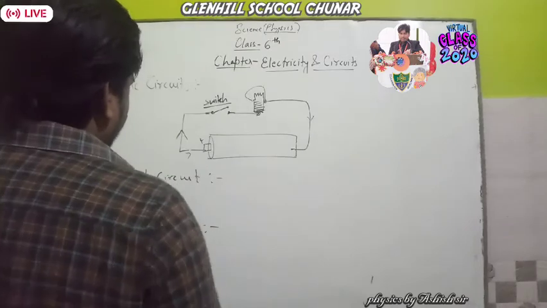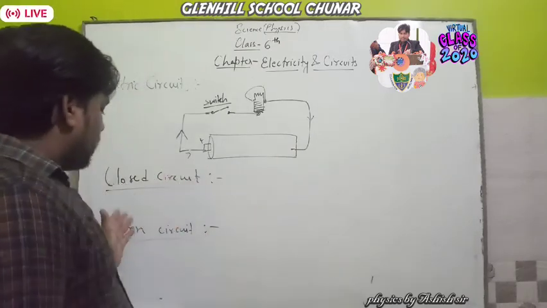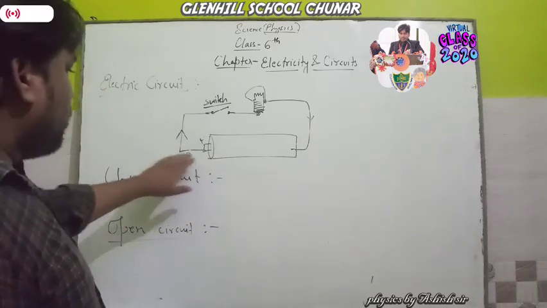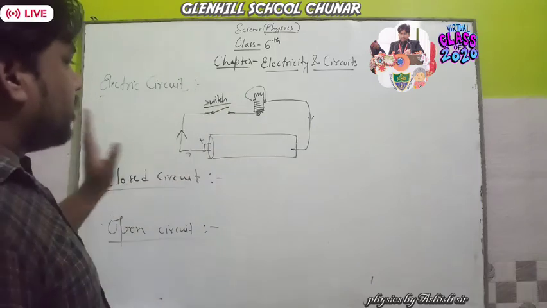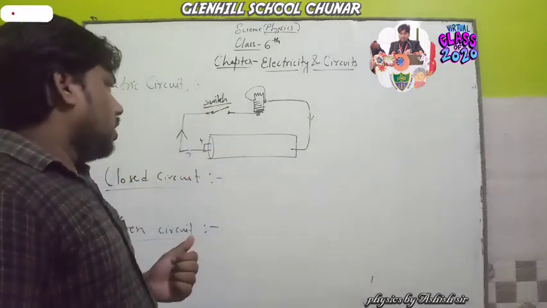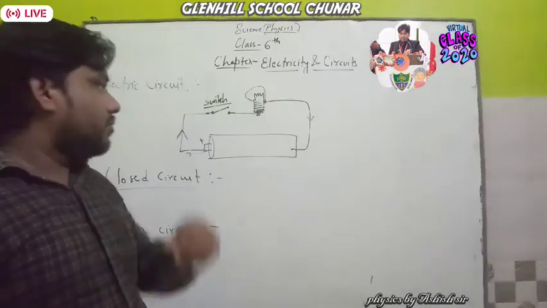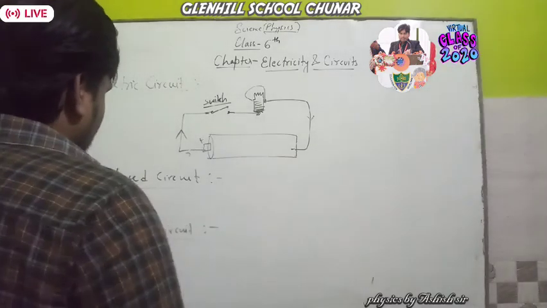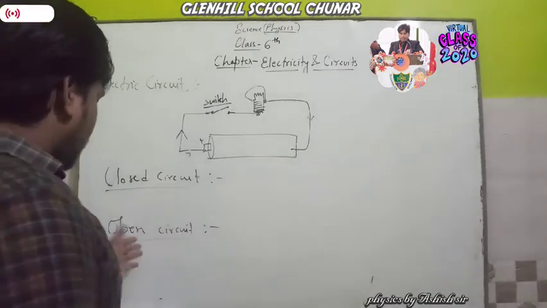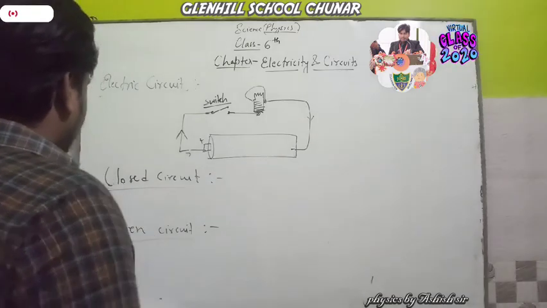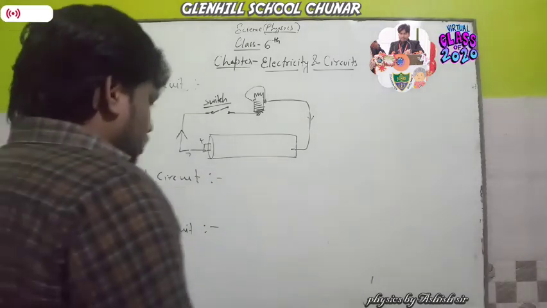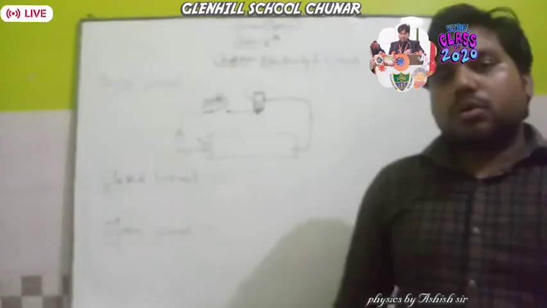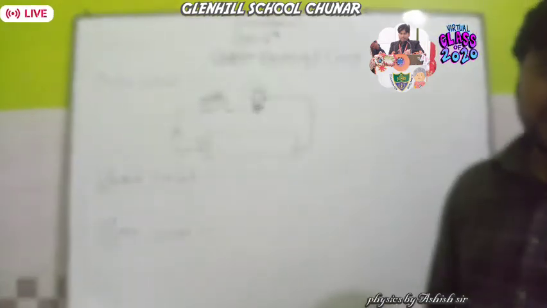Clear? The circuit through which electric current flows from one terminal to the other terminal is known as a closed circuit, because there is no breakage in the electric wire or in the bulb. But the circuit through which electric current can't flow, or in which electric contact at any point is broken, is called an open circuit. Through an open circuit the current does not flow, and through a closed circuit the current will flow. Clear?